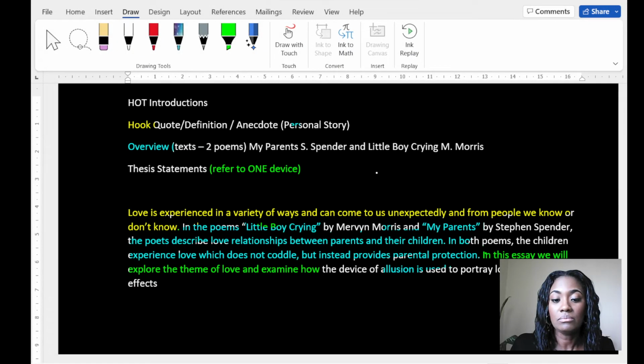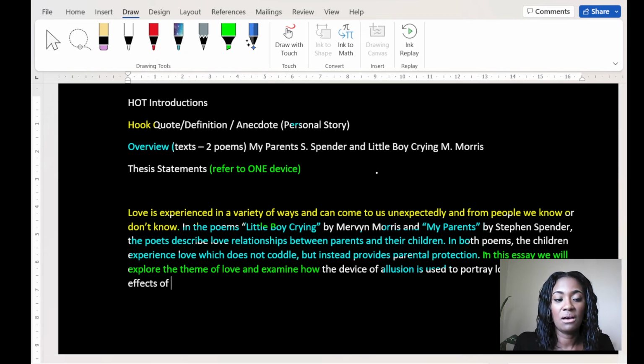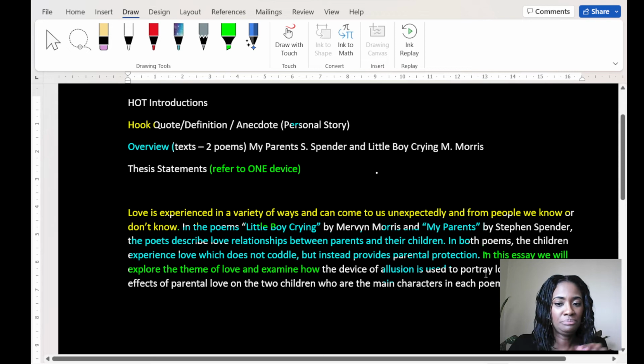So let me do that here and tidy this up. In this essay, we will explore the theme of love and examine how the device of allusion is used to portray love, as well as the effects of parental love on the two children who are the main characters in each poem. All right. Now that I've brought that into focus, one of the things that comes to mind